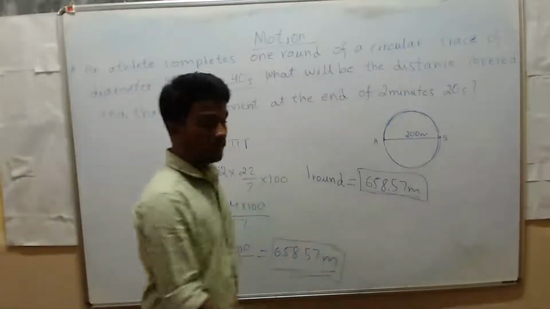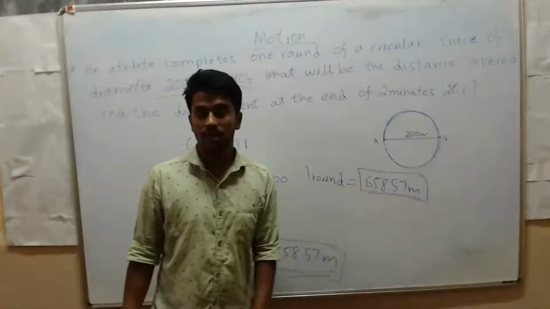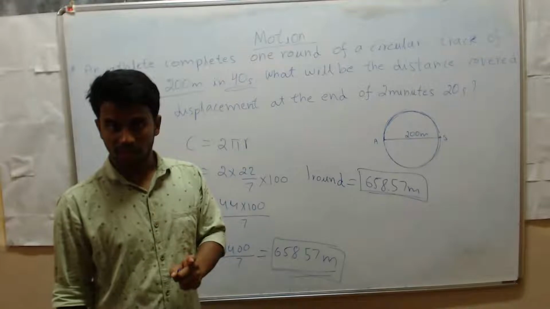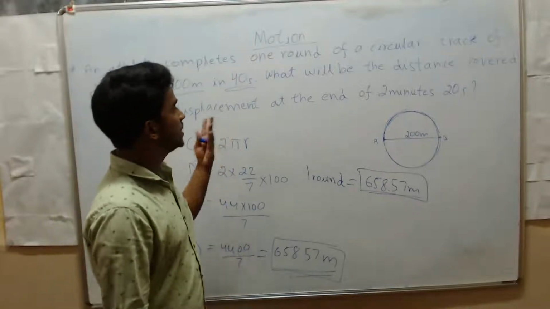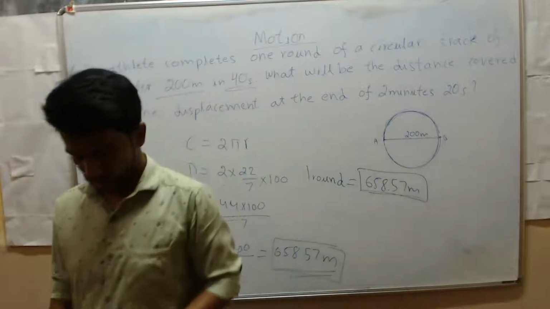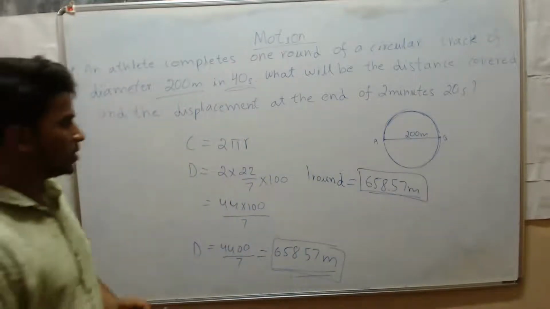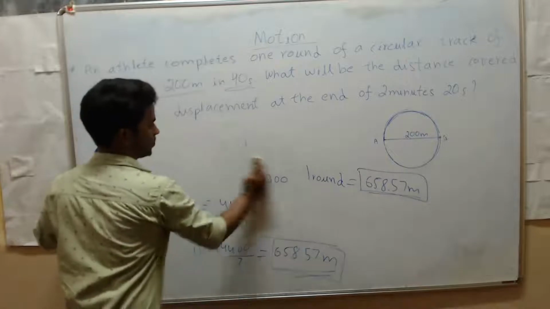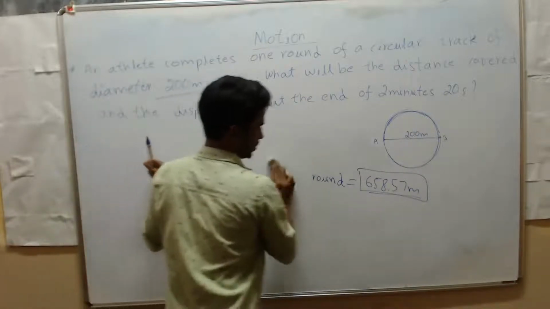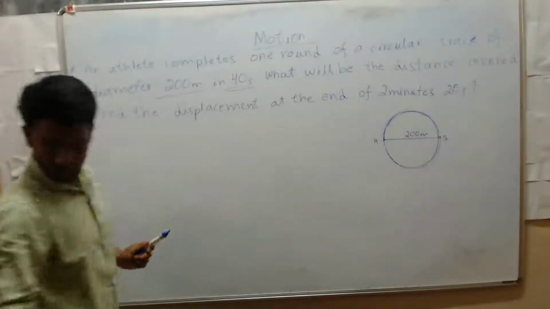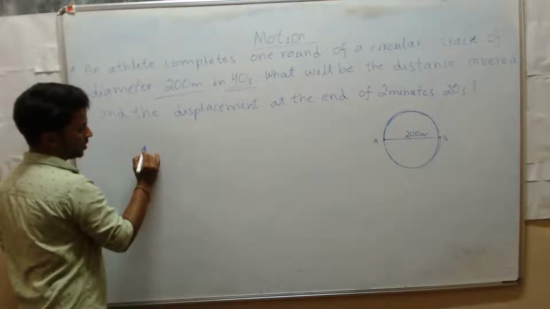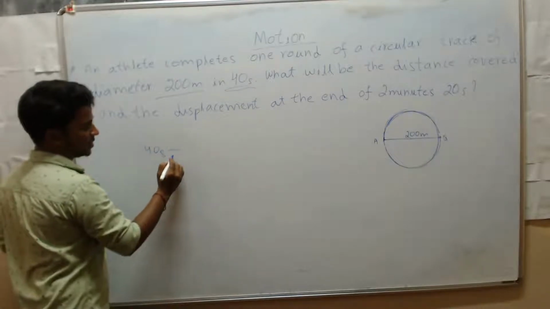Next, he will cover 658.57 meter distance in 40 seconds. Then what will be the distance and displacement at the end of 2 minutes 20 seconds? At the end of 2 minutes 20 seconds, in 40 seconds he will cover